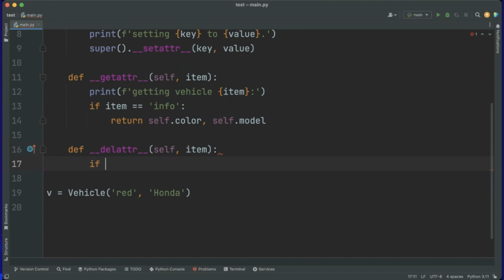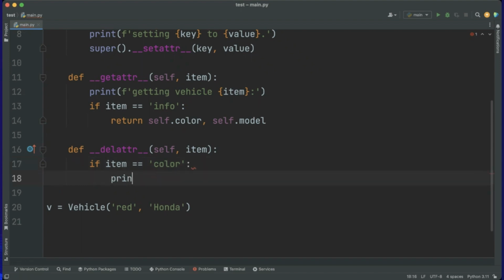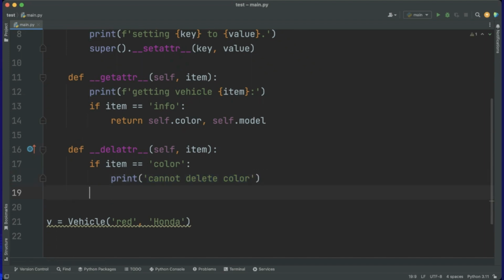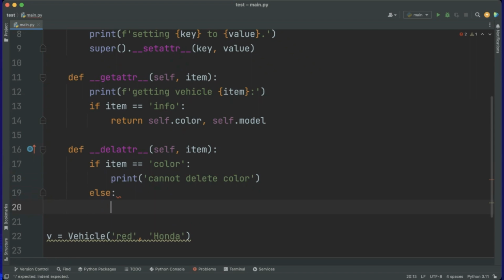Okay, we'll say if item equals color, print "cannot delete color". We don't want to let the color be deleted. So we will say cannot delete color and we don't do anything. But if it's not color, else we say print